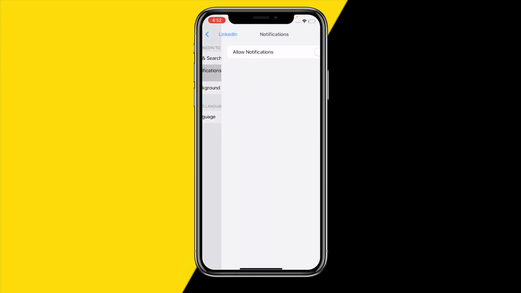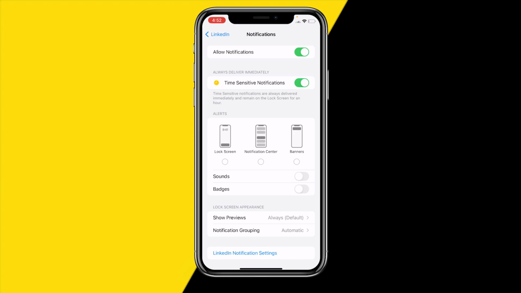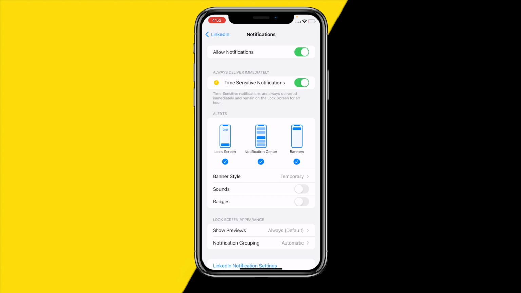Once you've done that, click on notifications and make sure to enable allow notifications. Then make sure to select lock screen, notification center and banners. That's the first thing you want to do. It's really important that allow notifications is enabled, and that it's set to lock screen, notifications and